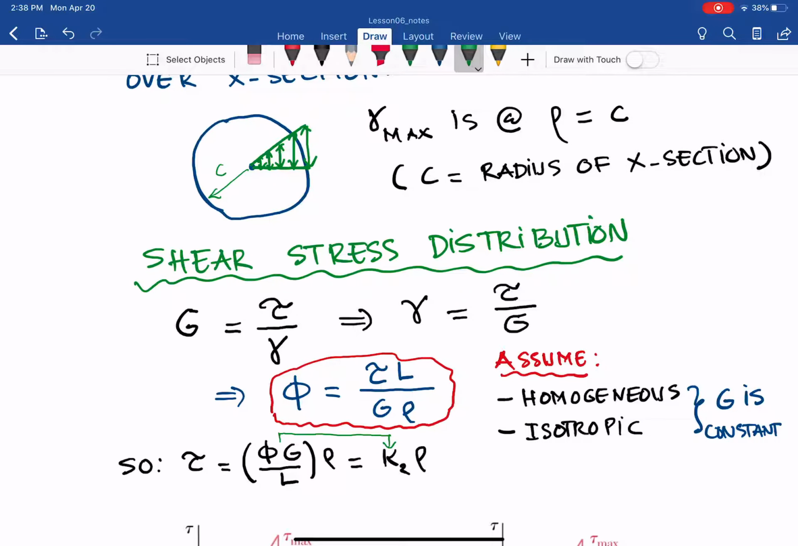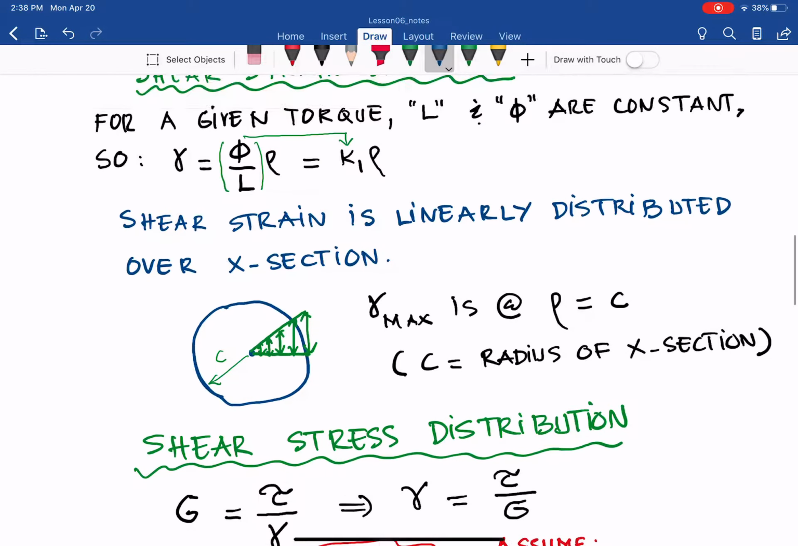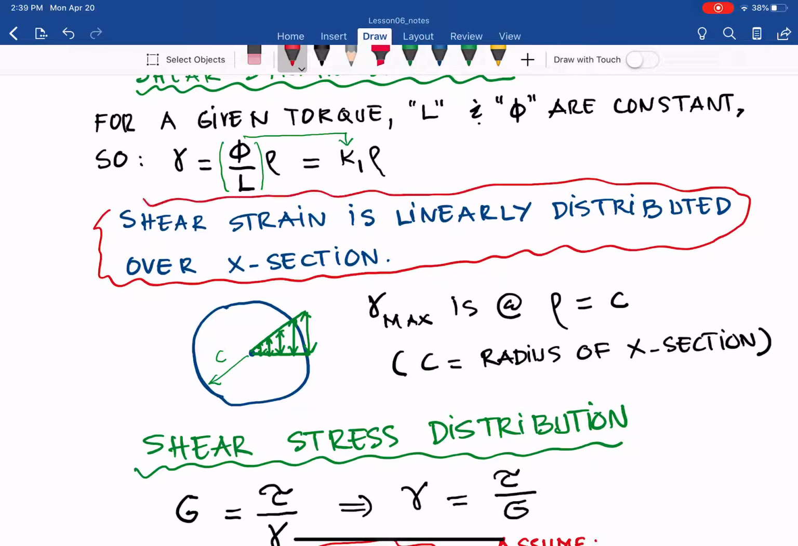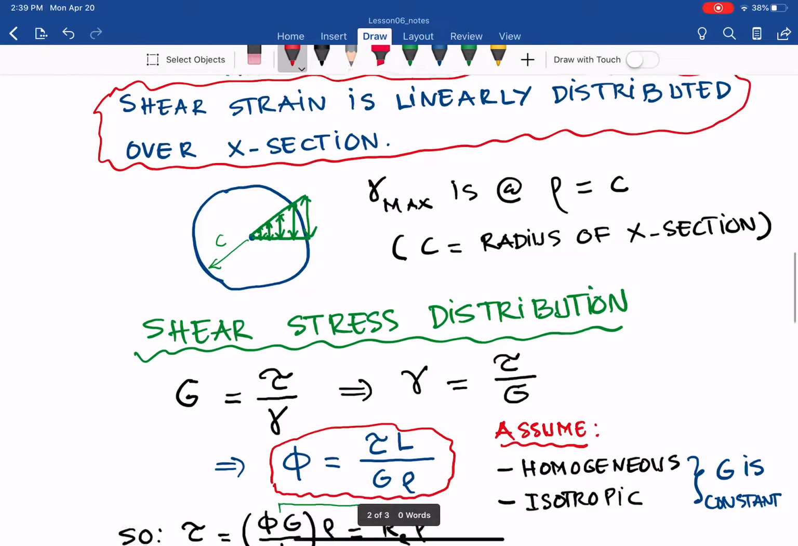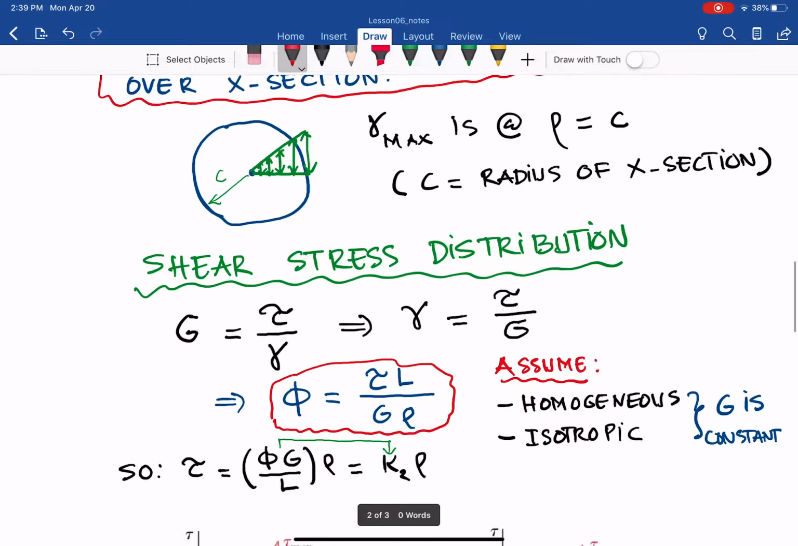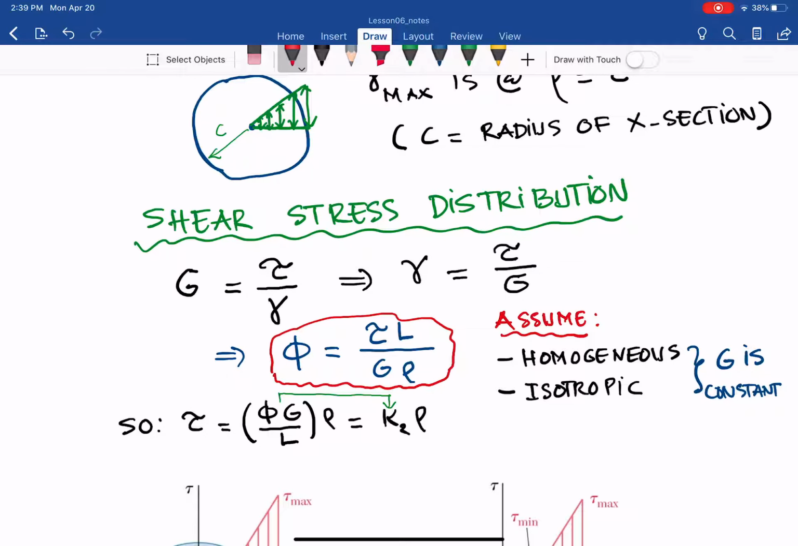So from that we can see that for the elastic torsion, in the linear portion of the shear stress, shear strain behavior curve, the shear stress is linearly distributed over the cross section. So let's make a similar note in here. The first note that we have: shear strain is linearly distributed over cross section and gets maximum at rho equal to C. It's the same here. We can have, for elastic torsion,